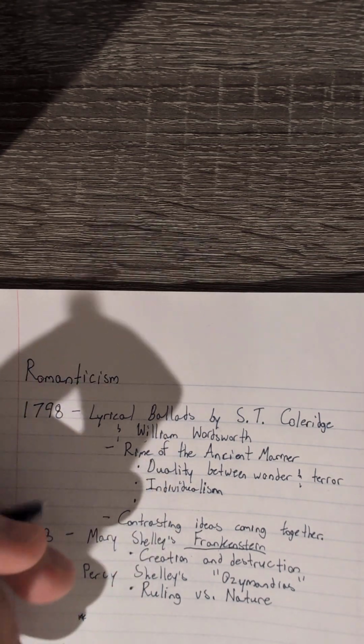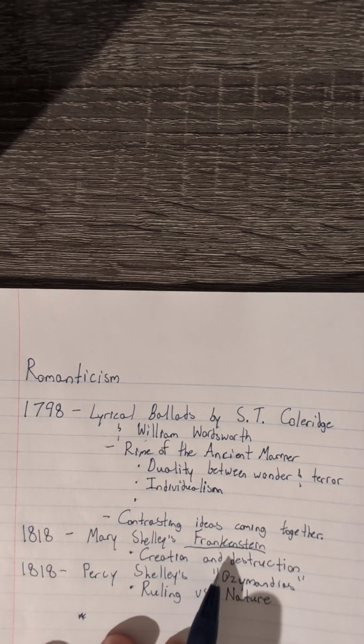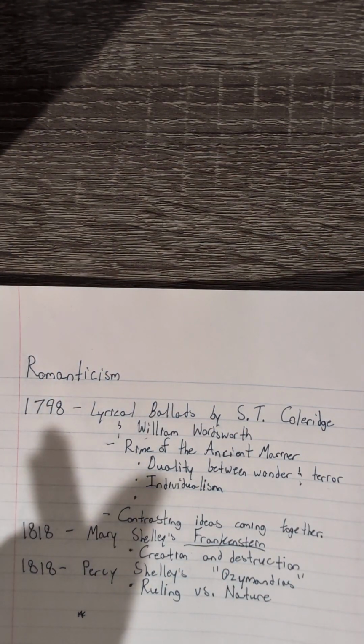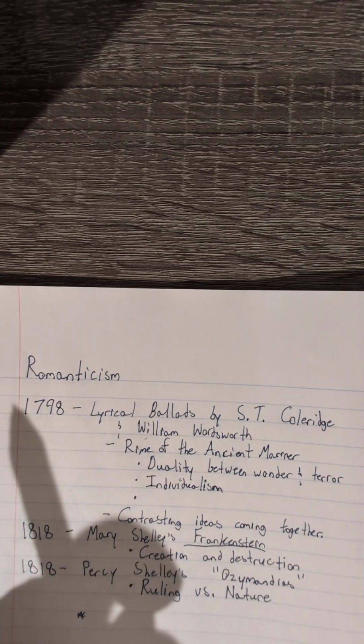Unfortunately, he does end up passing at 25 due to tuberculosis. You'll find many of the early Romanticist poets die relatively young, but their ideas stick with what's being presented for the Romanticism period. So John Keats writes poems like "When I Have Fears That I May Cease to Be,"